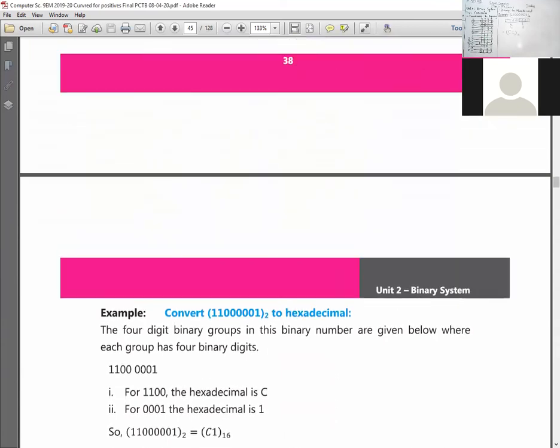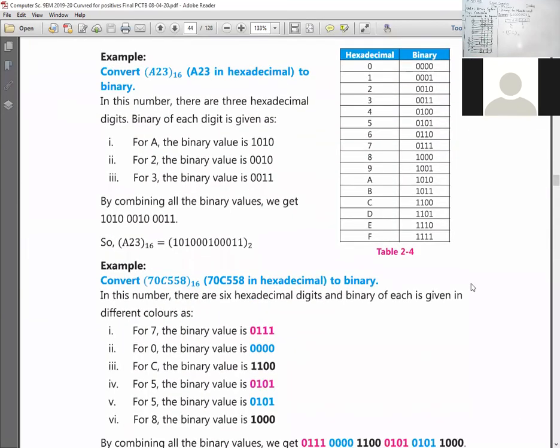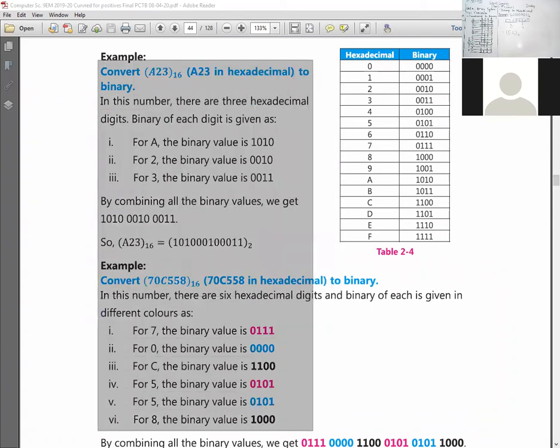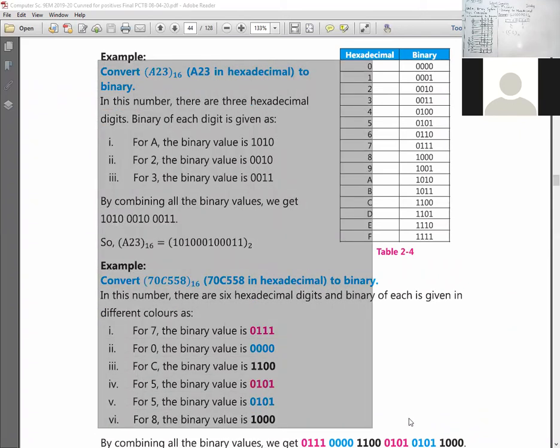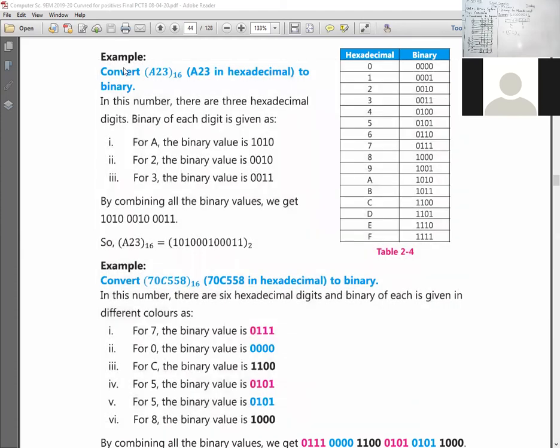We have done 4 examples, or you can say 4 questions, today. These 2 are from hexadecimal to binary. And this is the table we have created in the class today.